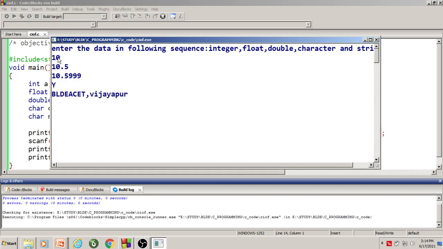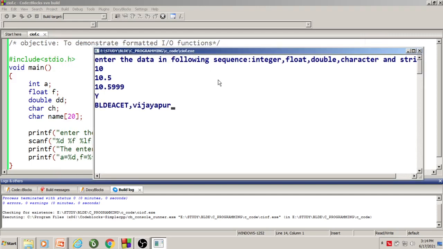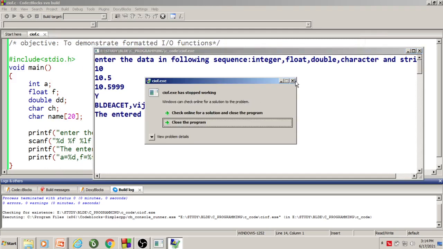So this is integer type of data, this is floating type of data, double type of data, character type of data, and this is string type of data, which I am storing in the respective variables. So when I press the enter key, all that information will be displayed.